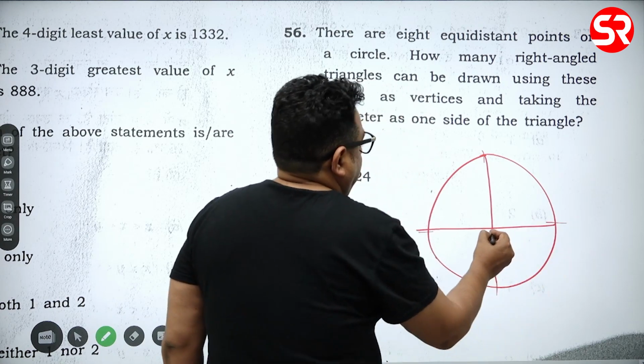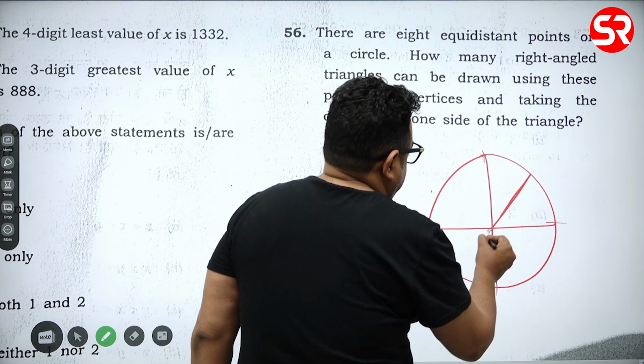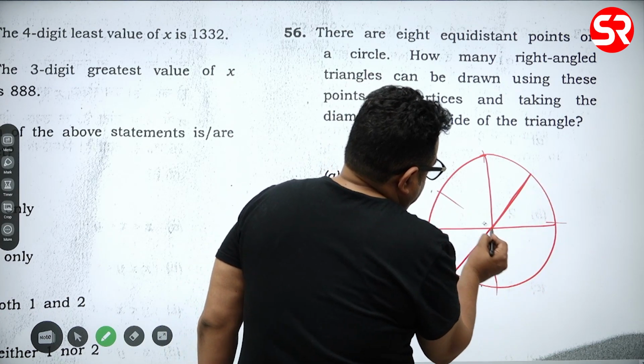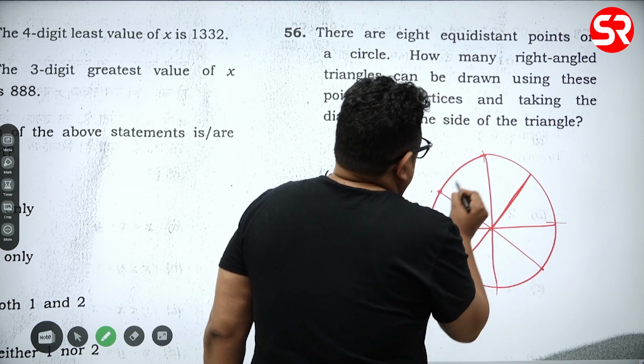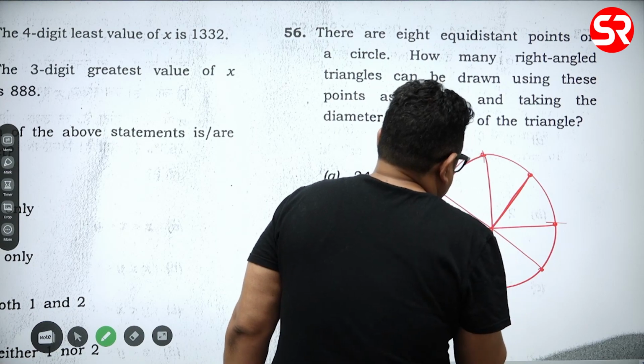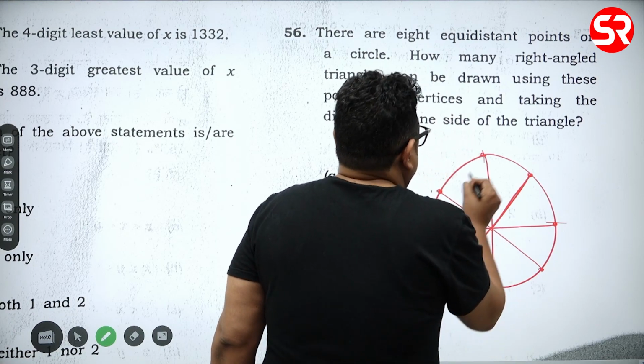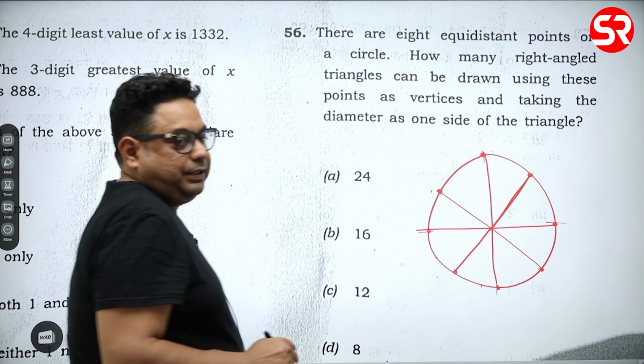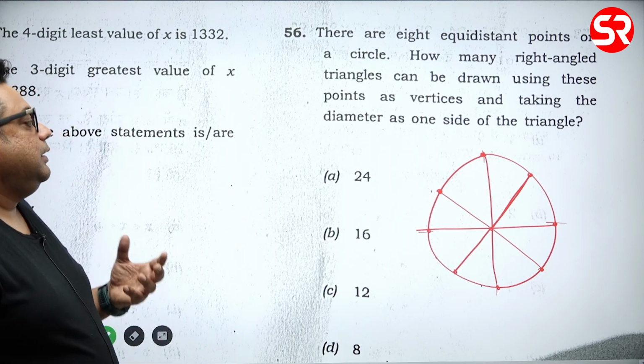So you can take it as 8 directions, isn't it, guys? You can take it as 8 directions. That would be far better also. So take it as 8 different directions given to you. So these are those 8 points. So now listen, how many